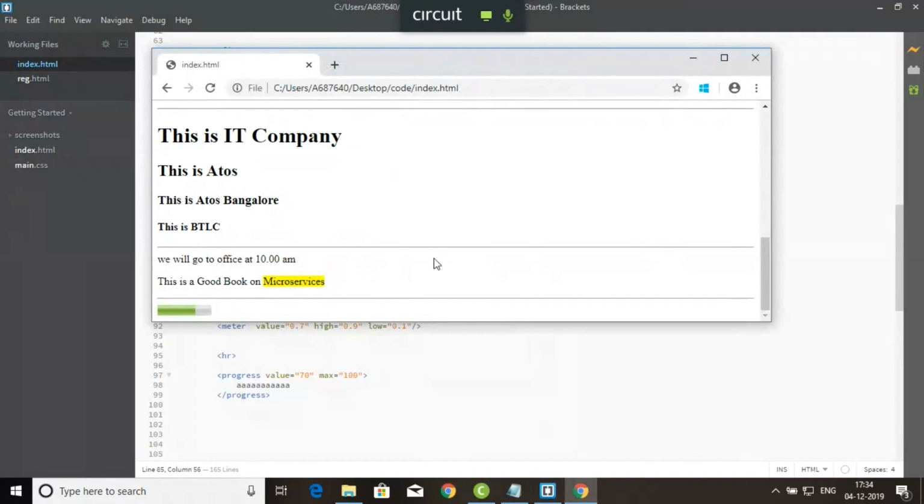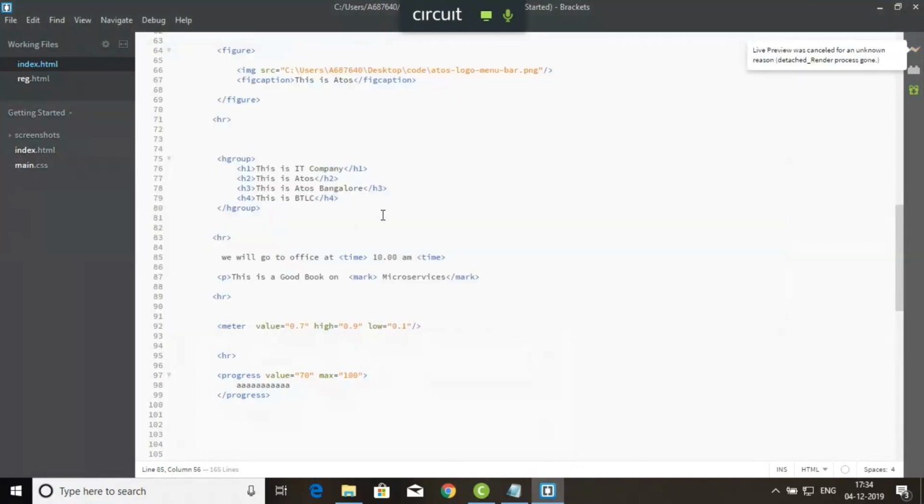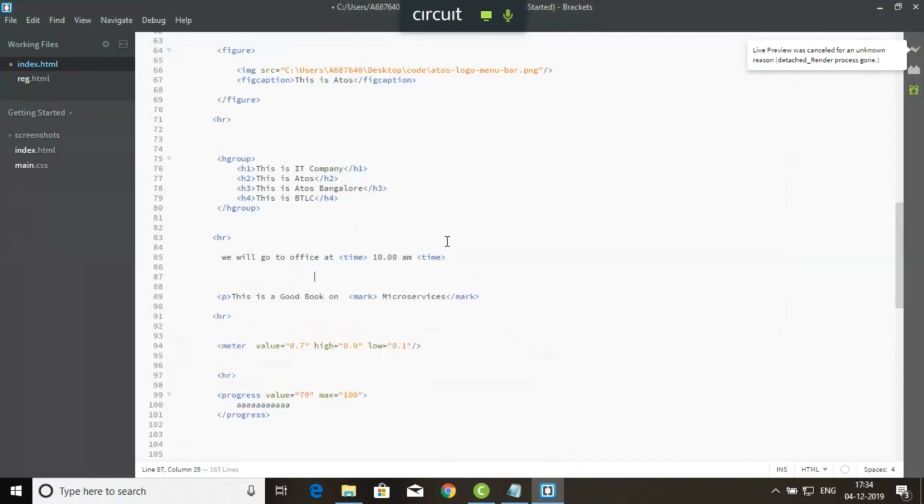If it's not visible, then you can use the time element also. Time, datetime, or I can write here date time equal to some text I'm going to write, and you can use like